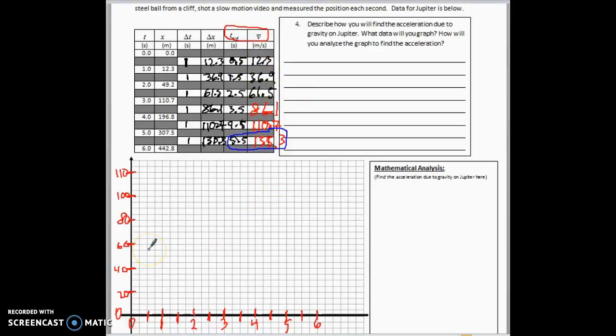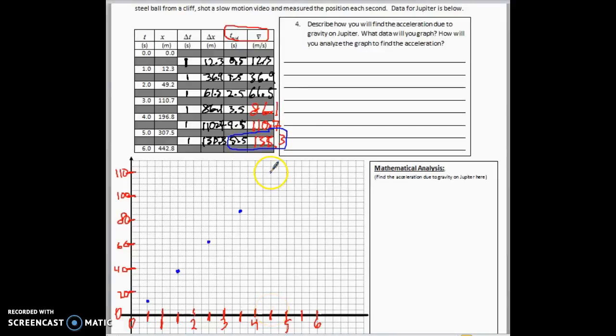So here we go. I'm going to plot at 0.5 and go to 12.3. That's a little bit between 10 and 15, okay? At 1.5, I'm going to plot 36.9. Again, that's a little bit below 40 there. 2.5, 61.5, okay? A little bit above 60. 3.5, 86.1. A little bit above 85 there. And 4.5,